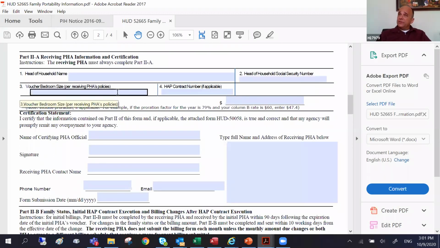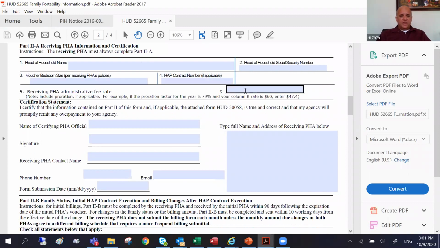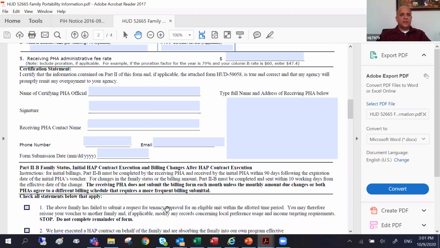Now, this may be different than the voucher size issued by the initial PHA. If the receiving PHA uses some kind of a numbering system for the HAP contract, that can be put here. And here is a section for the receiving PHA's administrative fee rate. We'll talk about that as well a little later.